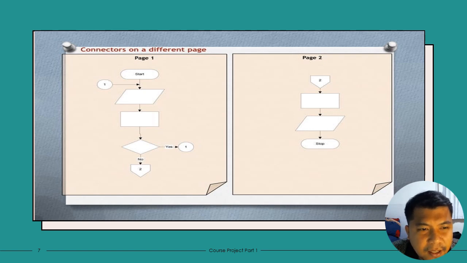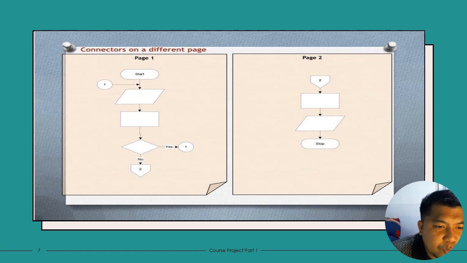Okay, this is the example of what I am talking about, the off-page connector, something with the number 2 inside the symbol. Okay,